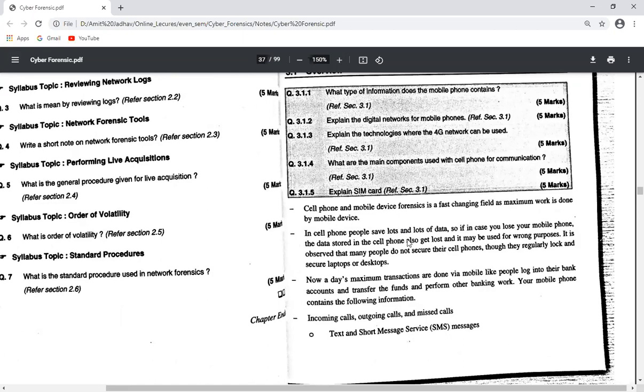In a cell phone, people save lots and lots of data. So in case you lose your mobile phone, the data stored in the cell phone also gets lost and may be used for the wrong purpose.